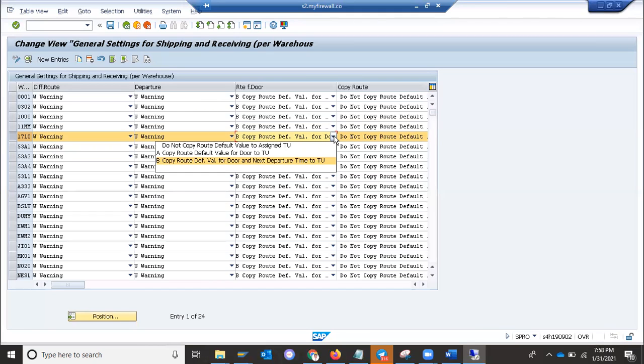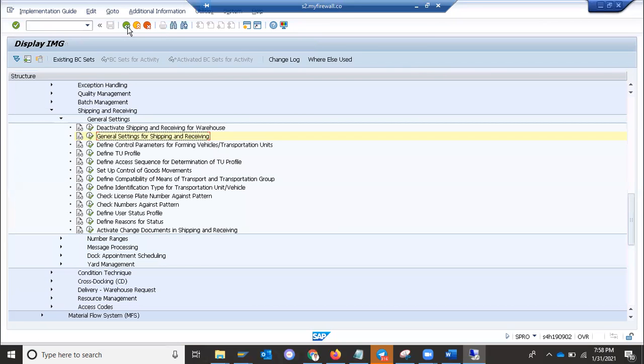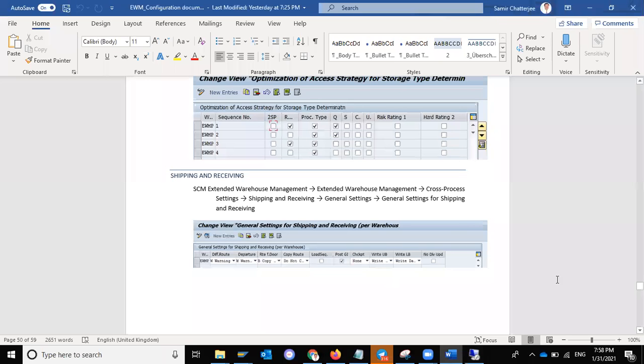This external system may be yard logistics or TM, transportation management, right? It is for international customers and vendors most of the time. Followed by